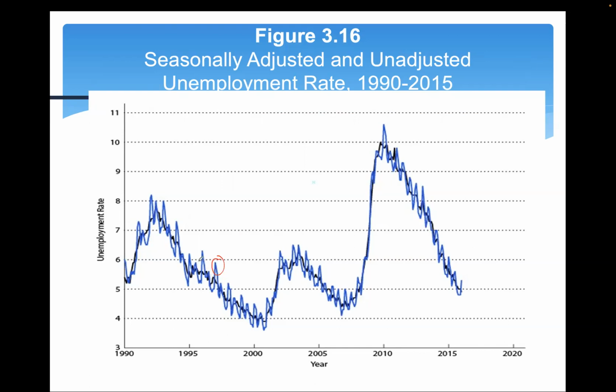First of all, you can see the black line is smoother, or fluctuates less, compared with the blue line. What's the difference? By the way, this is the unemployment rate. Let's take a closer examination. If we zoom in and look at every year, or any particular time throughout the year,